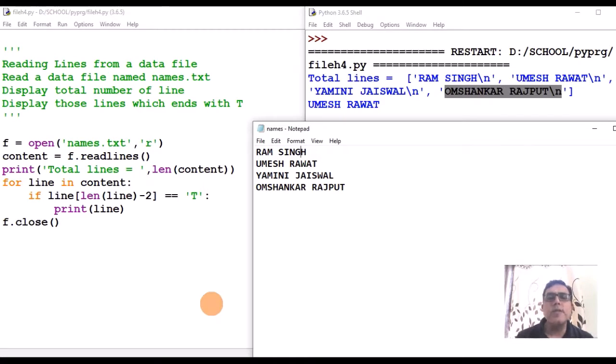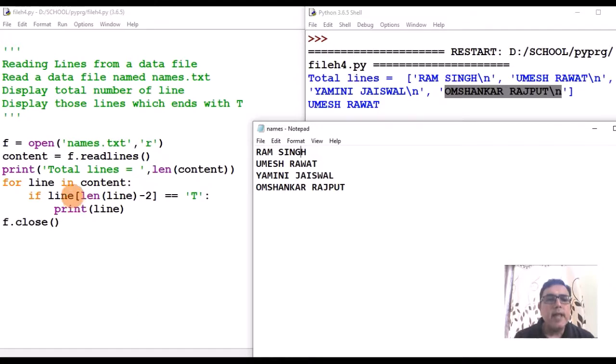Then they will ask you to count the number of words that start with W, so you have to process words. Or you will be asked to process lines, where they will ask you to display those lines which start with character A. Here I am checking whether the line ends with T, so similarly you can check whether the line starts with A. That is simple.